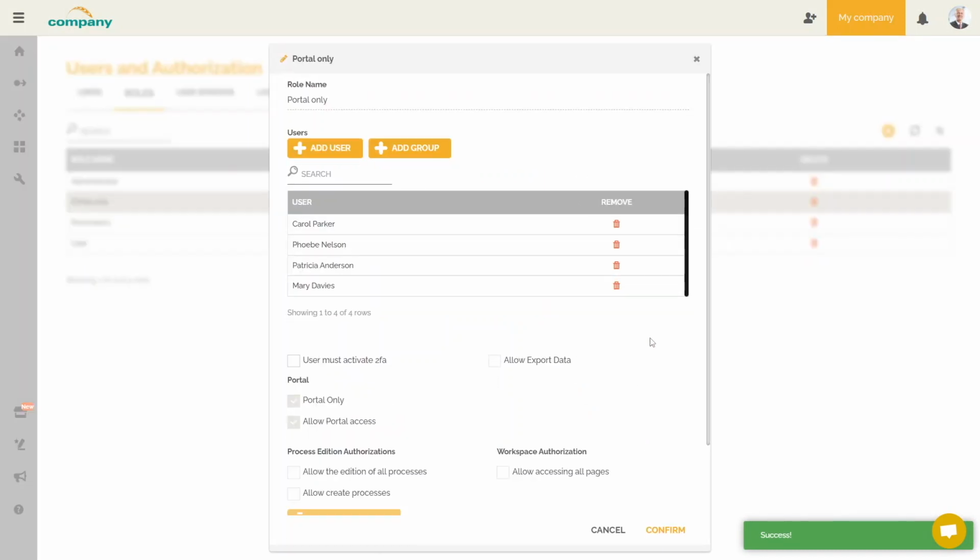As the name suggests, the portal-only role grants access only to the functionality of the process portal. This role allows the user to view process documentation and the company's RACI matrix. It also allows the associated user to create work items on the portal and view their progress. This role is linked to the portal viewer's license. You can also create your custom role, leaving only access to the portal with a process selection. This is the logic we followed with the creation of the purchaser's role.